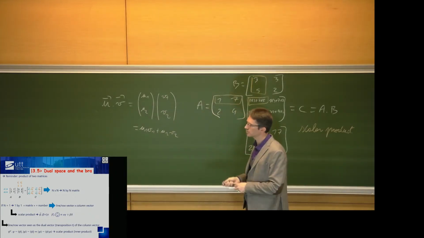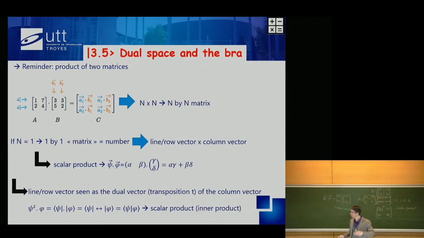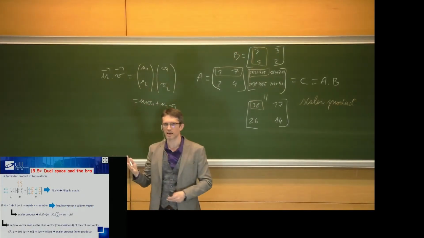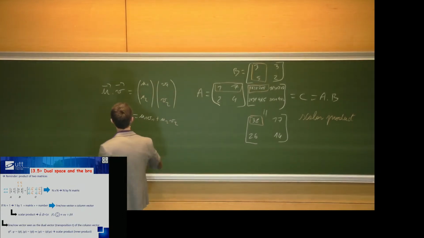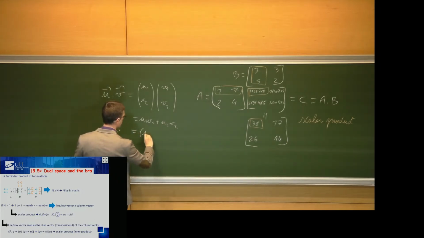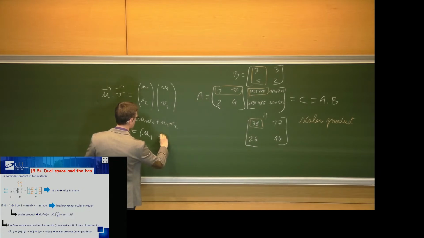But it turns out that there's a notation which is to use the scalar product as a product of a row vector and a column vector. And for what we want to do, for how to manipulate qubits, kets and bras, this is crucial. We need that. So the way we should have done it, really, is to say there is right and left, and it's not quite the same, because this one is a column, but this one is a row. So in fact, the way I should write it is something like this,